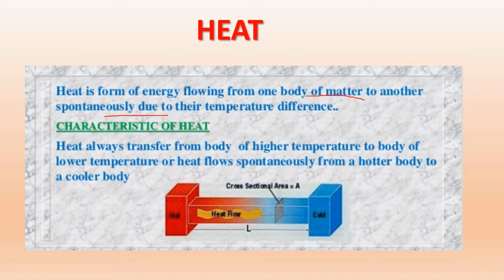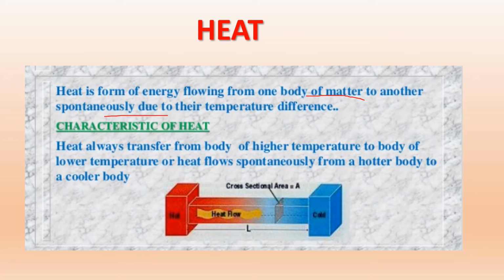Now the children were making themselves warm. That means there was a continuous or spontaneous heat transfer from the fire to their body, and in this way they were able to warm themselves. Similarly, there were water droplets outside the surface because of the temperature difference. So basically, heat is nothing but a form of energy, heat energy, that is flowing from one matter to another, or from one body to another.